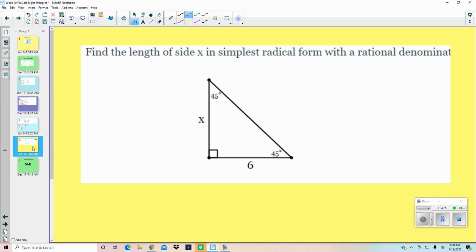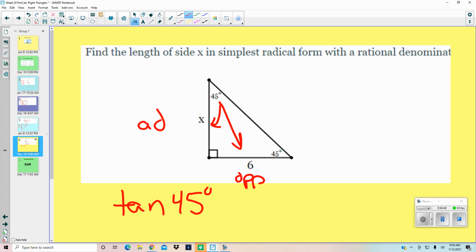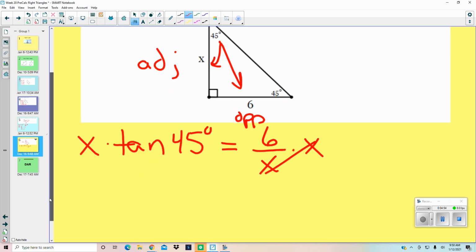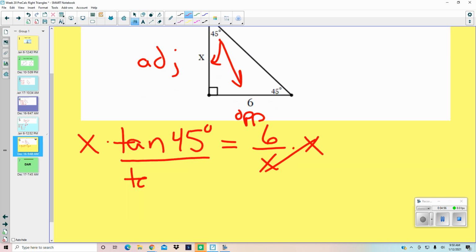But we could also find x using tangent of 45 degrees. And if you think about that, I have opposite is what I know, and then adjacent is what I'm trying to find. So the tangent of 45 is going to equal 6 over x. So if I take both sides times x, and then I divide by tan 45,